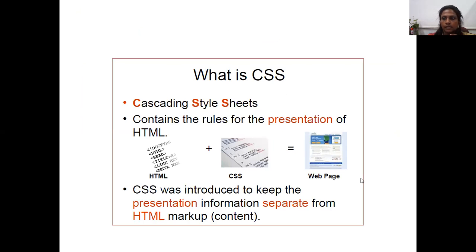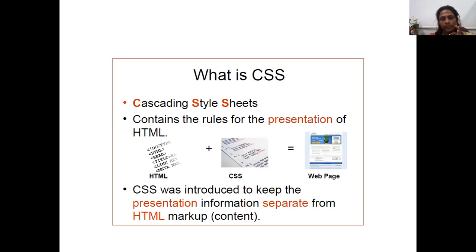So this CSS document will contain the rules for the presentation of the HTML file. CSS was introduced to keep the presentation information separate from the HTML markup content.